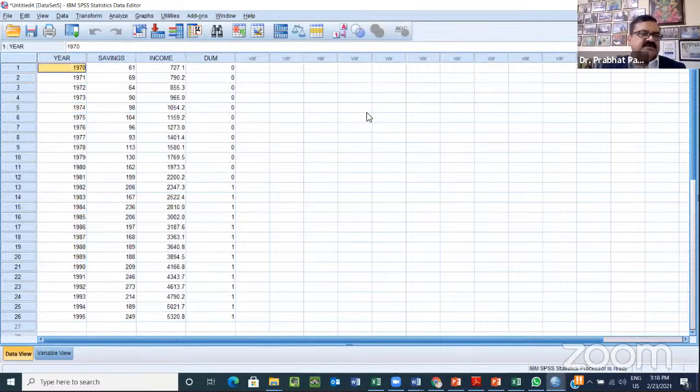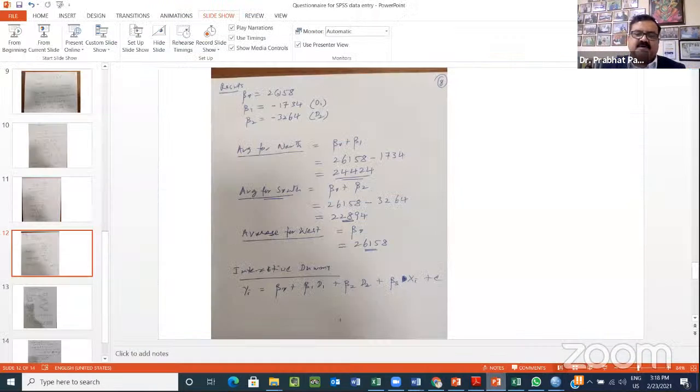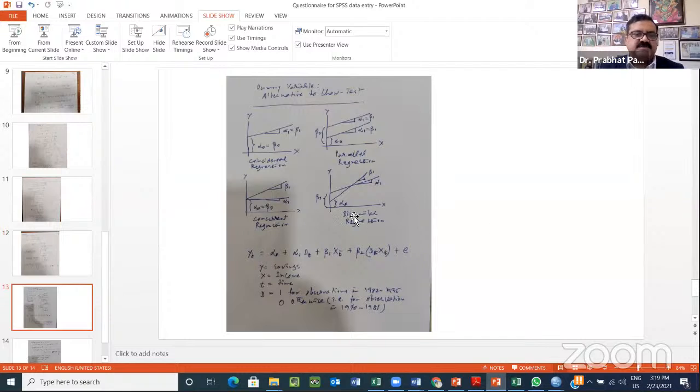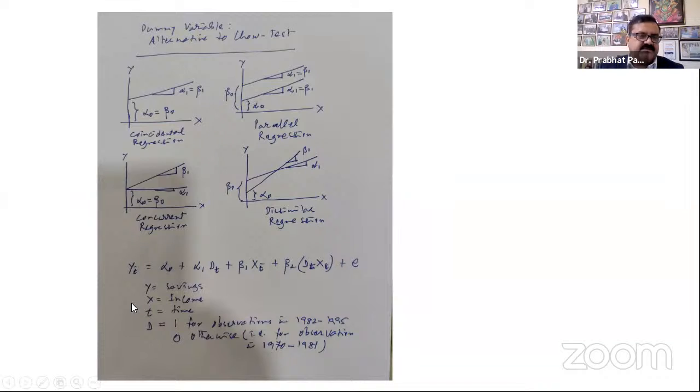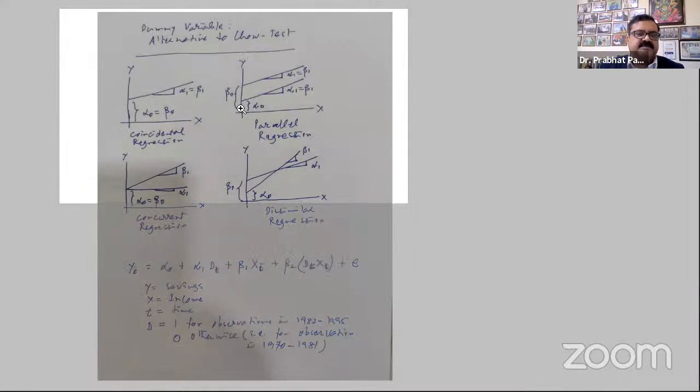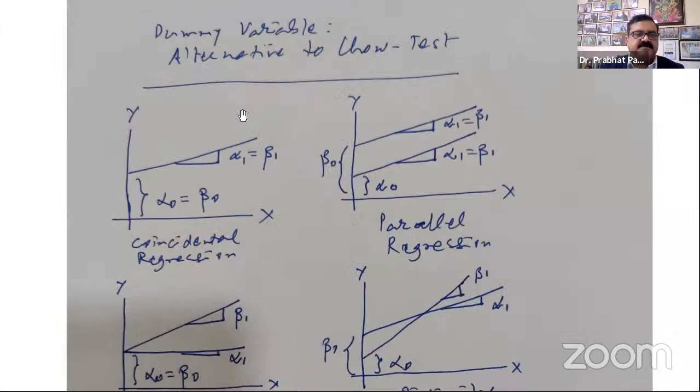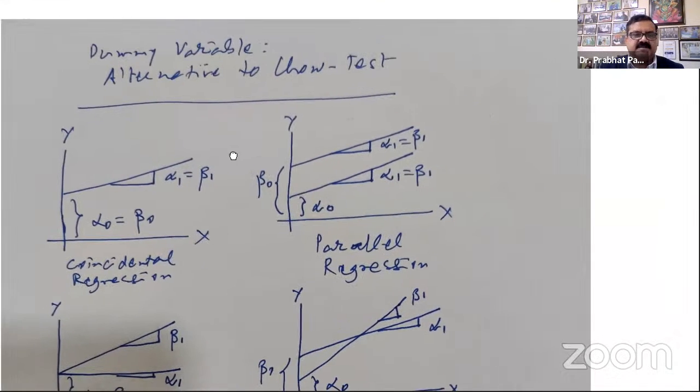So the whole year range is divided into 2 parts, and the rationale for selecting the year before and after which you want to compare will depend upon the theory or insight, your own understanding, right? So in this case, I'm going to give you a little more idea here, and then we'll proceed further. I'll come to the data in a while. First, let me make you understand this.